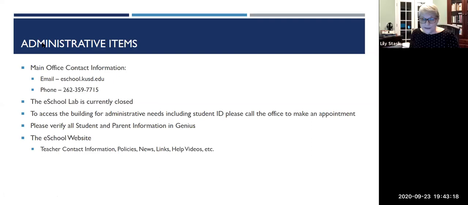Also, one thing I want to say is, when you go into your accounts, the Guardian account and student accounts that you've seen tonight, please verify your information. We do quite a bit of phone calling, emailing and texting. So please make sure that we have the correct phone numbers and emails for you and your parents or guardians so that we can reach you. Email, I know, is not everyone's favorite thing anymore, but quite a bit of information does go out from eSchool through email. So please be sure that you're checking that periodically.